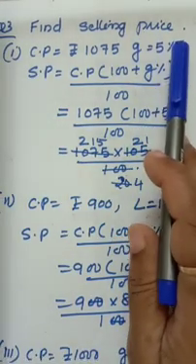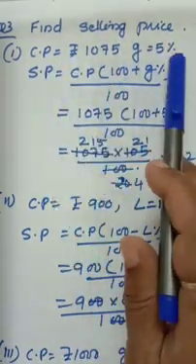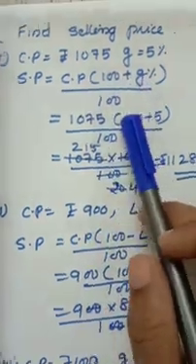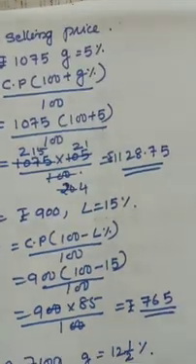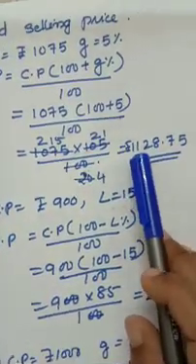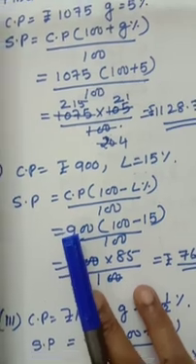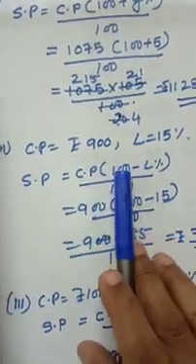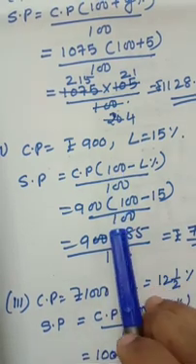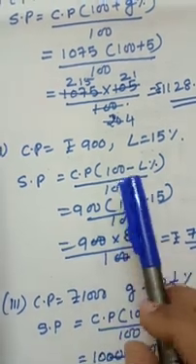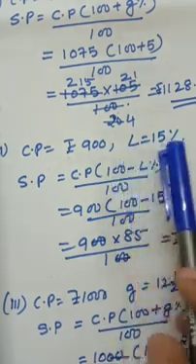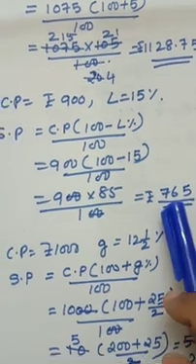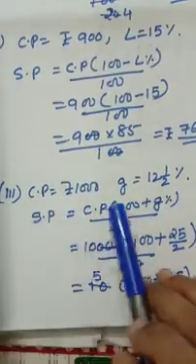Next, you have to find out the selling price. CP given, gain percentage given, apply it in the formula. The formula is very important, children. Apply it in the formula and cut out. You will get 1128.75. Next question also CP. Only use the formula and you will get the answer automatically. In cutting also, check carefully and cut out the numerator and denominator numbers. See, after cutting, you get rupees 765.